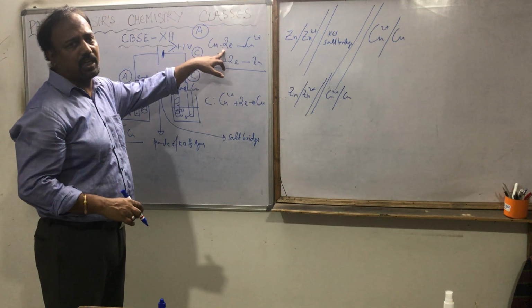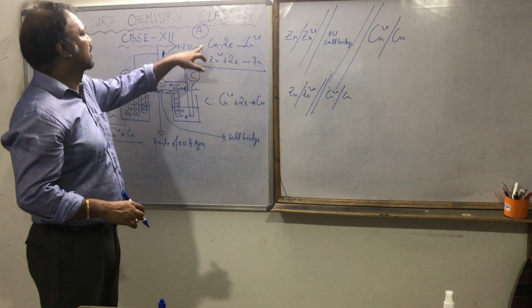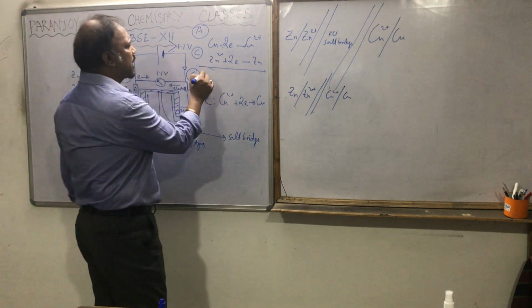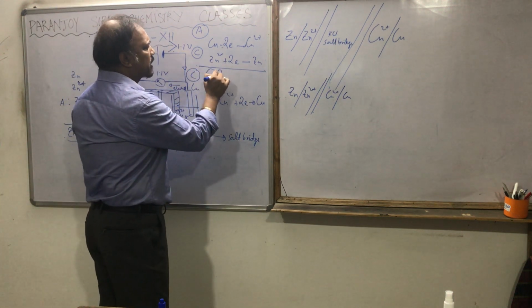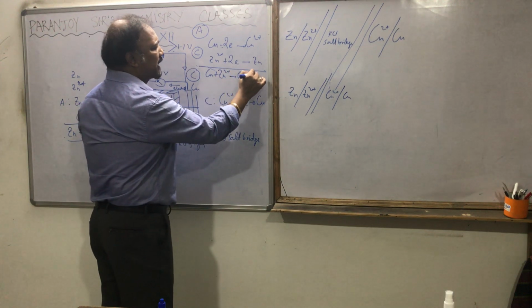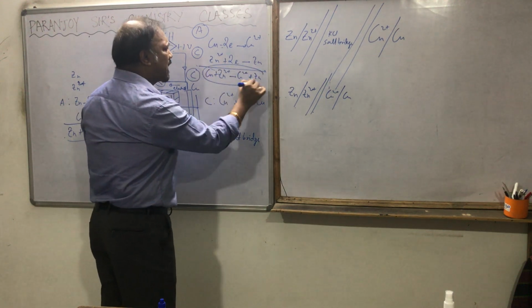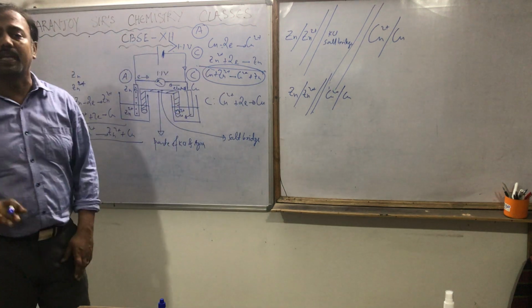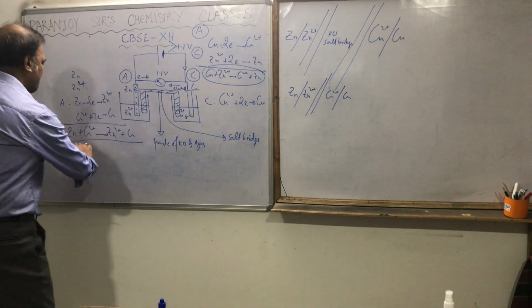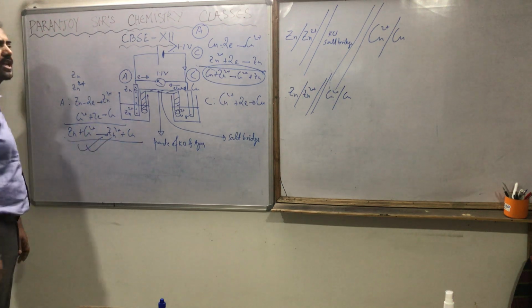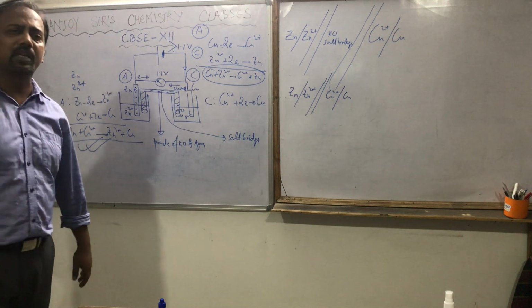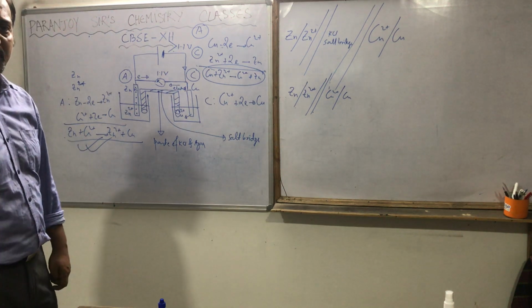Why is the oxidation taking place over here? And the cathode is this one, where the reduction is taking place. Now what is the overall reaction? If you write down the overall reaction, Cu plus Zn2+ producing Cu2+ plus Zn. But this particular reaction was not happening naturally. Was it happening naturally? No. What was the reaction that was happening naturally? This is the reaction that was happening naturally. The opposite reaction was not happening naturally, not a spontaneous reaction.